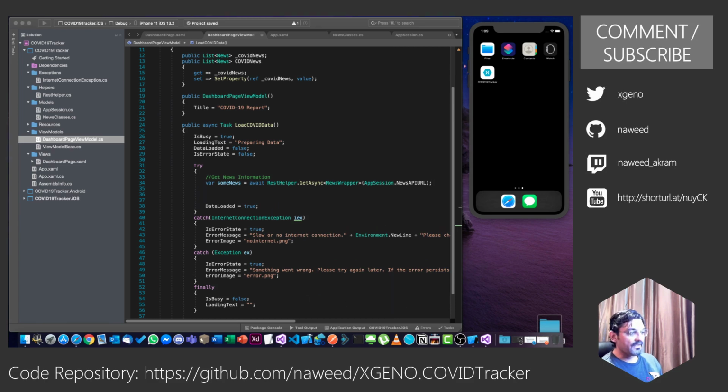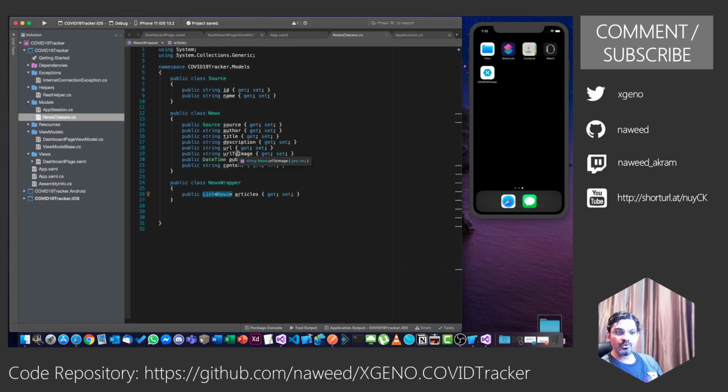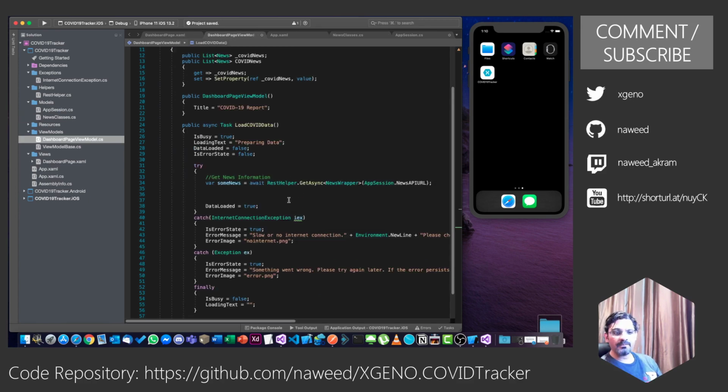Now in my testing, one of the issues that I found is you will notice we are getting 20 news items, but some of the news items do not have images. There is a property over here which I can show you, which is the image URL, which we will use to display the news item on the screen along with the header. But some of the news do not have these images, so it makes our application look a little bad. It will show no image and just the news headline. So I decided to only filter the news which have images.